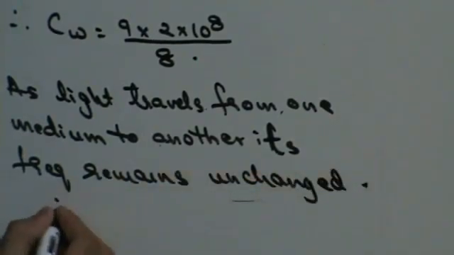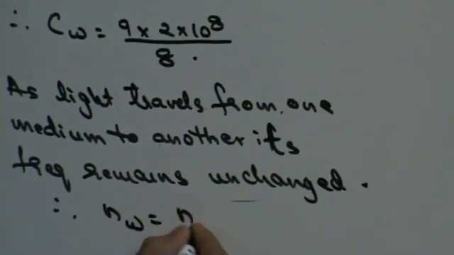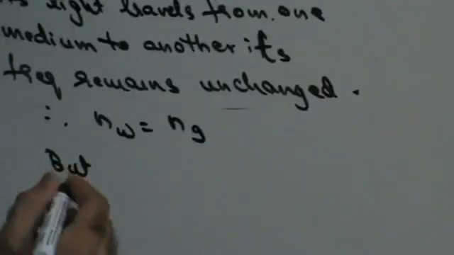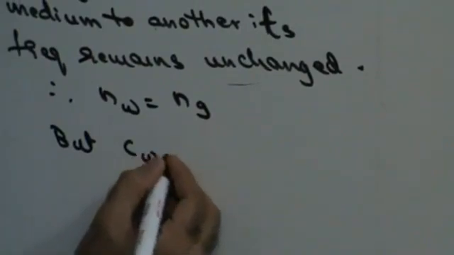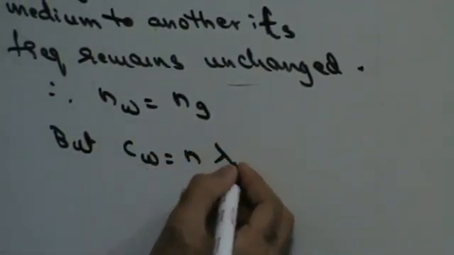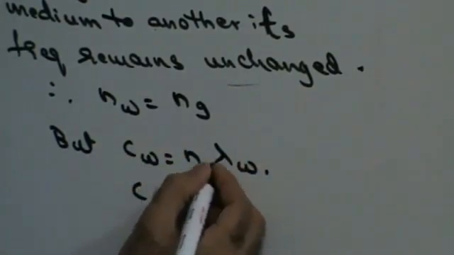That means I can say that frequency in water should be equal to frequency in glass, right? But we know that velocity is equal to frequency into wavelength. Similarly, I can therefore say that